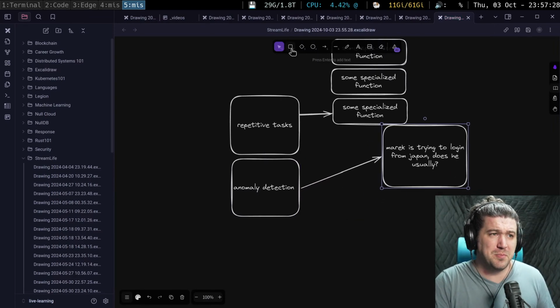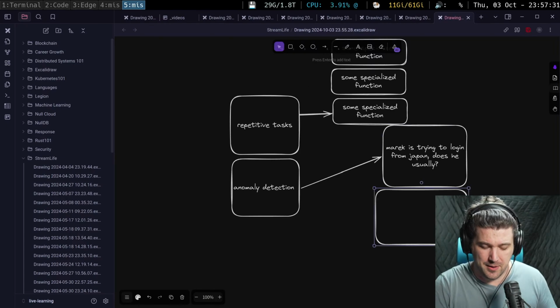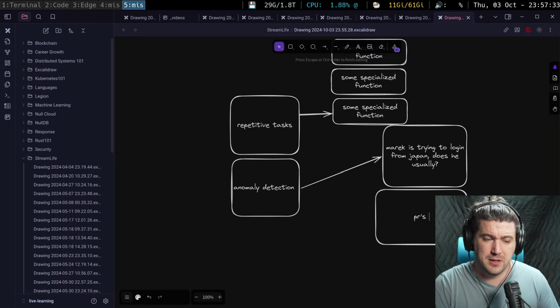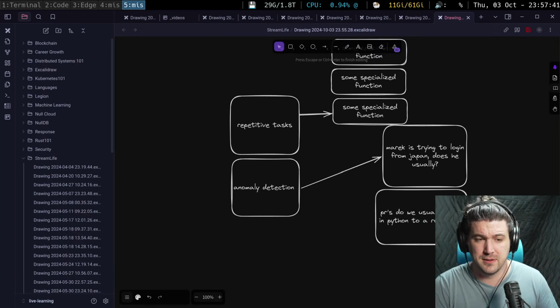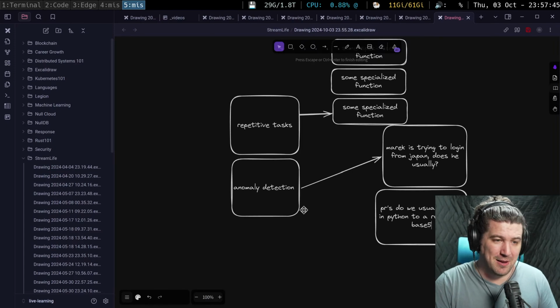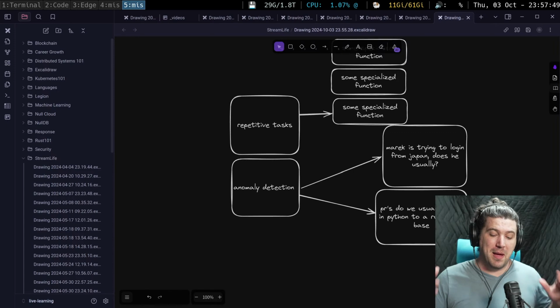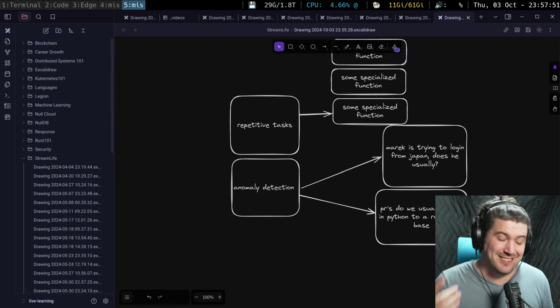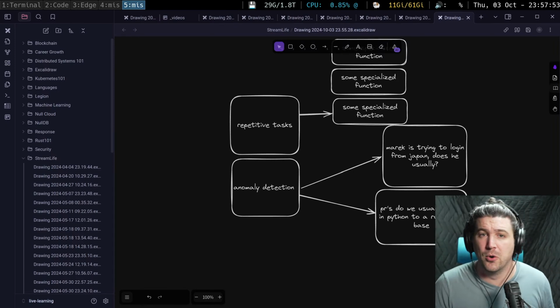This could be on your PRs. Do we usually check in Python to a Rust code base? Okay, that's maybe a little bit of an extreme example. But the idea is maybe it just looks for stuff that doesn't usually happen in that code base.